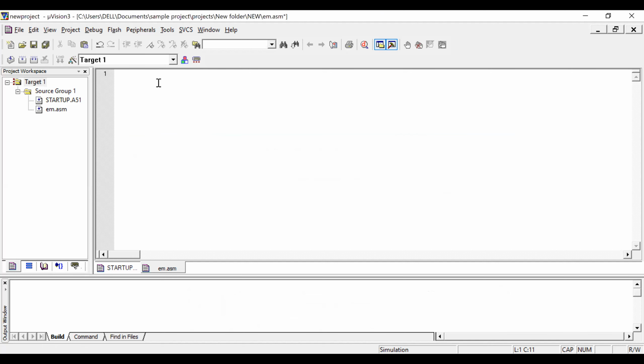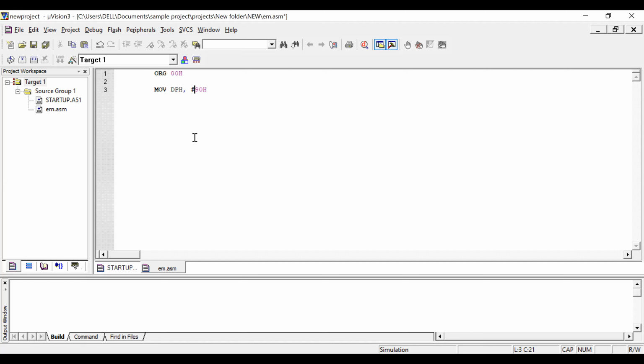So first instruction, I'm going to start with ORG 0000H. Always the first step is to initialize the memory pointer. Since our DPH is going to be 90H, always use data hash 90.